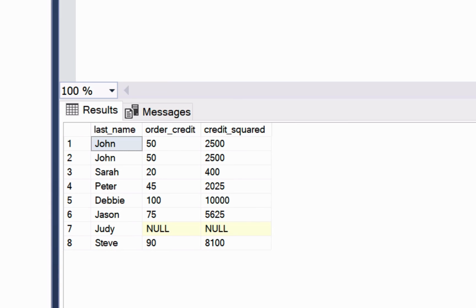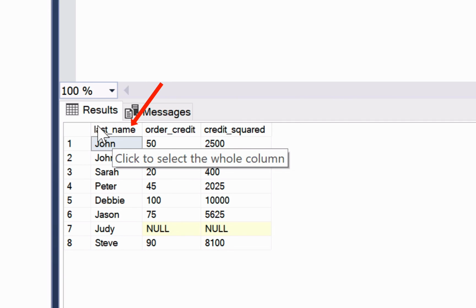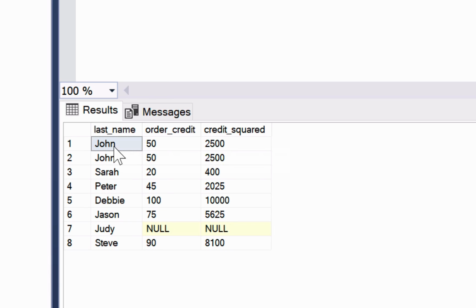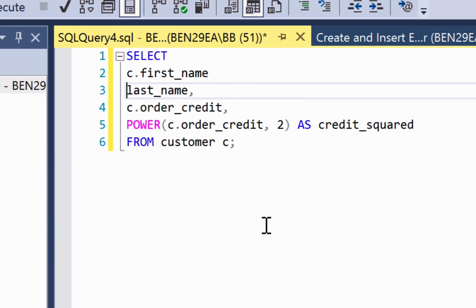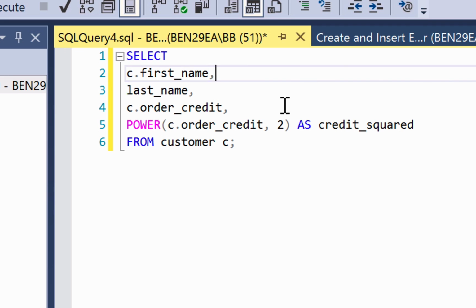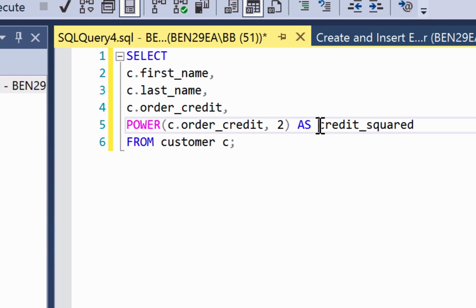You might be expecting the first name and the last name columns here, followed by the order credit. But in the results, we only have one name column and then the order credit column. The column heading is also called last name. So this is actually the first name data with the last name column heading. This might not be obvious to you, and it's harder to pick up when you have a large query and complicated results. So to reduce the risk of these kinds of errors, I would recommend always using the as keyword